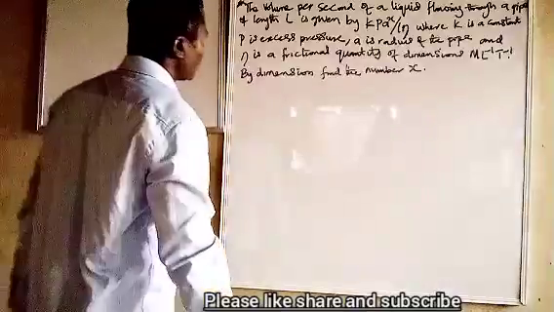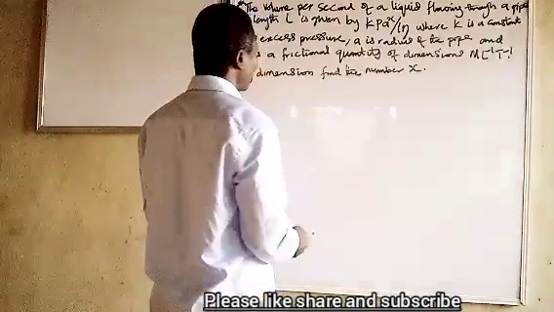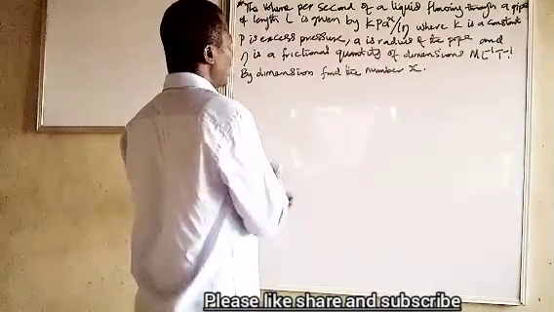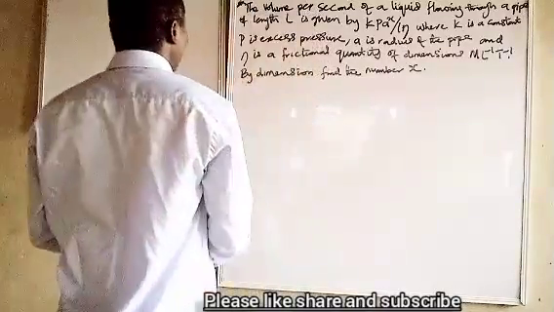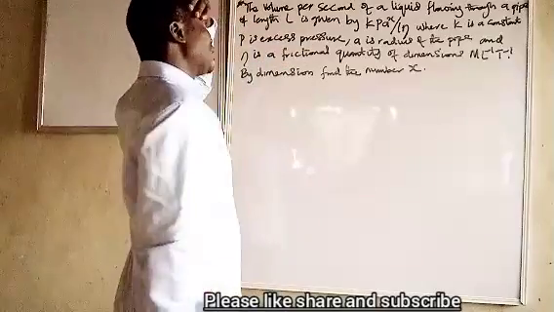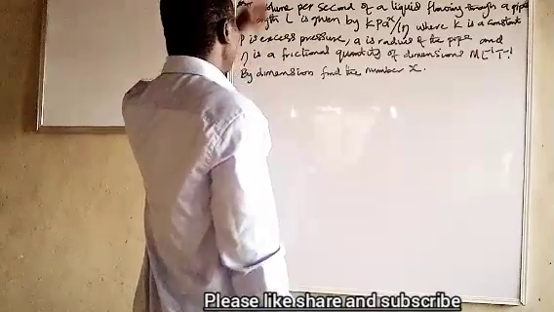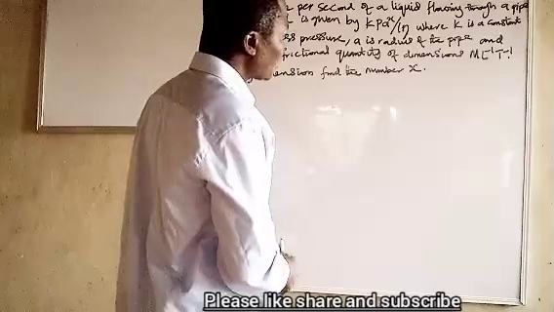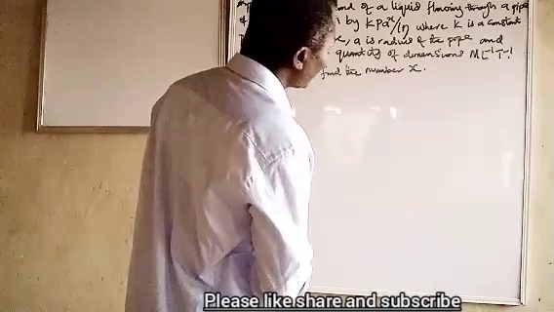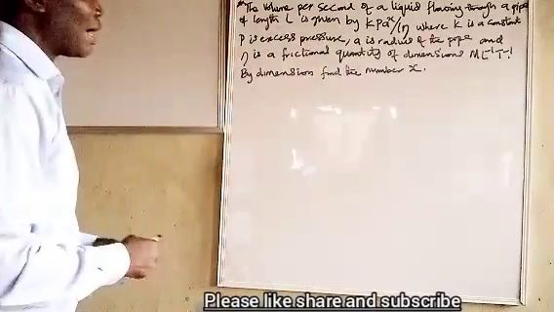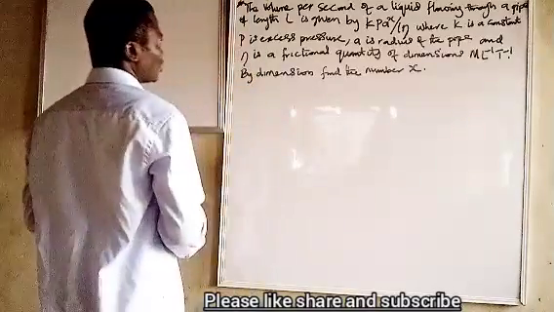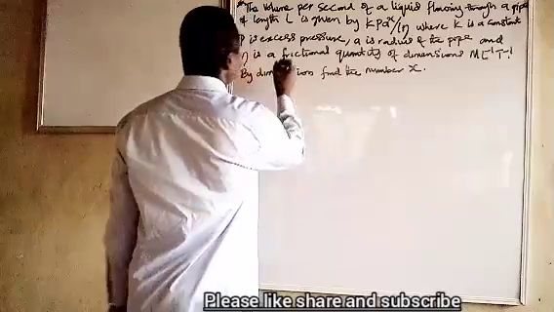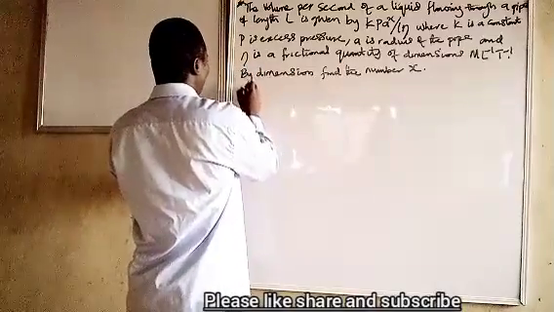The volume per second of a liquid flowing through a pipe of length L is given by K P A raised to power x over L mu, where K is a constant, P is excess pressure, A is the radius of the pipe, and mu is a frictional quantity of dimensions M L raised to power minus 1, T raised to power minus 1. By dimension, find the number x. So we have this volume per second,